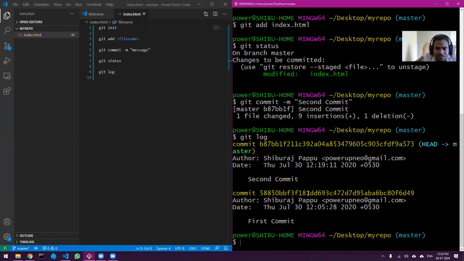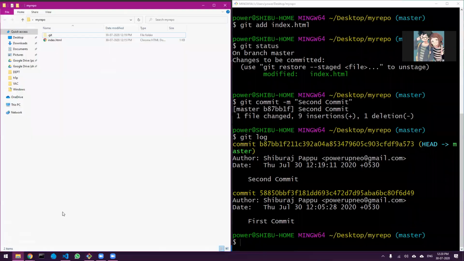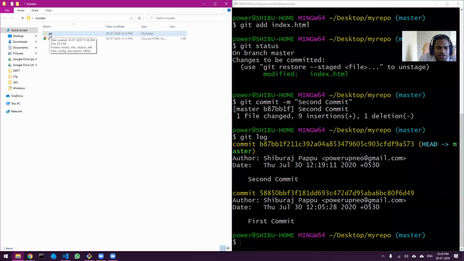Have you seen the .git folder when we initialize the Git repo? Yes, sir. I will just show you this folder. This is the folder of Git, right? But you have created all the files outside the Git folder, right? So Git doesn't know when to save them inside the Git folder. Whenever we run git commit, we are telling Git to save whatever changes are there inside the Git folder.